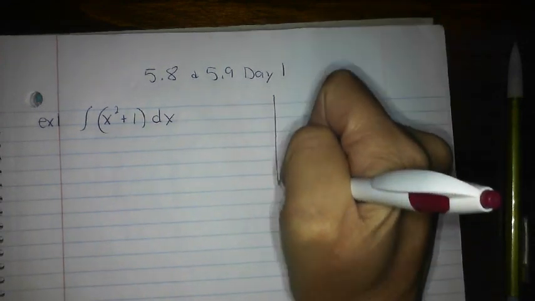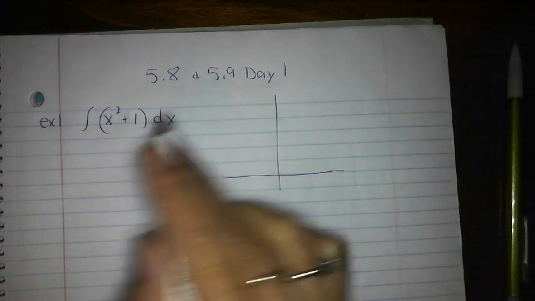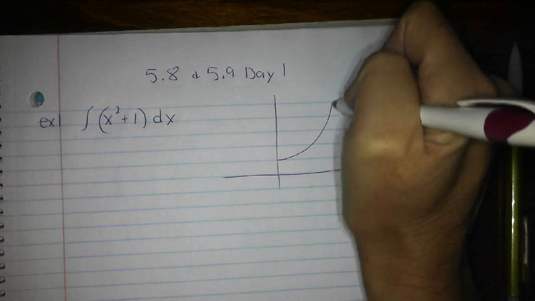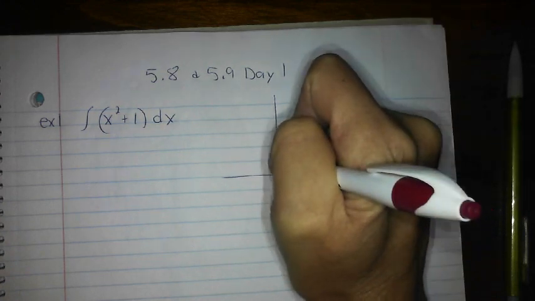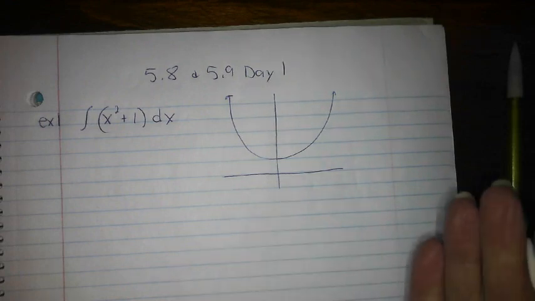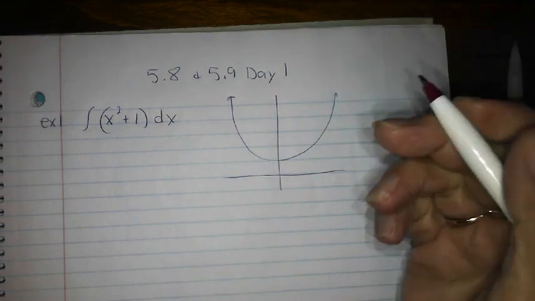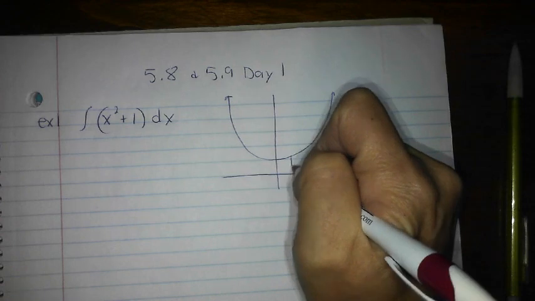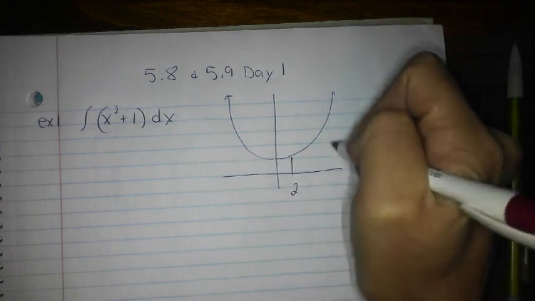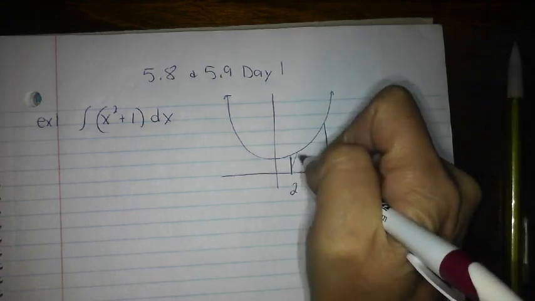So, if I make the graph here, let's see, parabola up 1 looks like this, because you know that antiderivatives find the area under the curve, and we did it a bunch of different ways. We did it with trapezoids. We just did it with Riemann sums. Now we're going to do it with calculus. So if I want the area, say, between 2 and 5 under that curve,